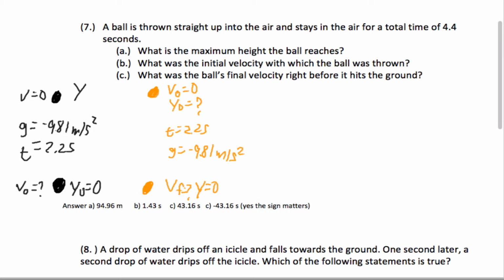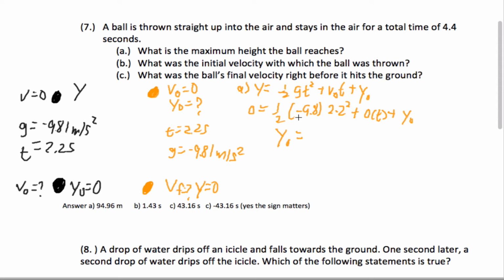Awesome. Now, what is the maximum height the ball reaches? Well, it turns out the way we're going to get the maximum height is by looking at this second part. We're going to find the distance that it falls to reach the ground. So we're going to use y equals 1/2 gt squared plus v naught t plus y naught. So I know it reaches 0 equals 1/2 times negative 9.8 times 2.2 squared plus 0 times t plus unknown y naught. And finally we're left with y naught equals, when we solve,